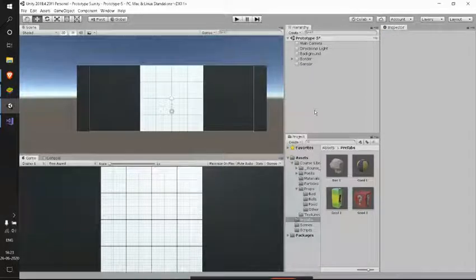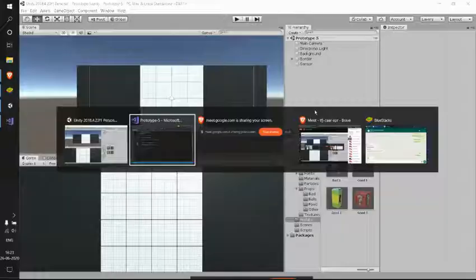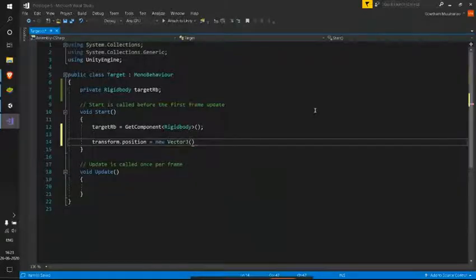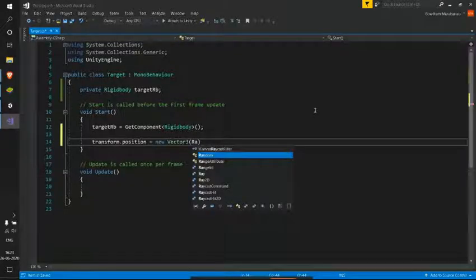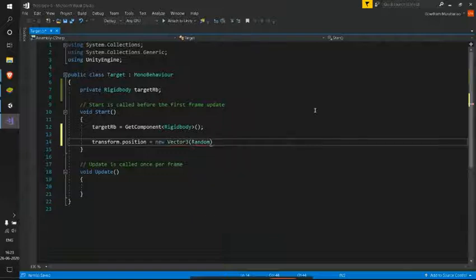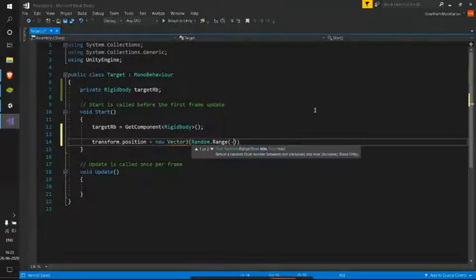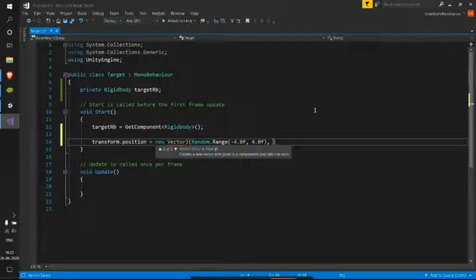So coming here, for my x, I want to give a random value. So I'm using the Random class. I'll be using Random.Range. I'll be dealing with floating point. So I'm giving -4.0f to 4.0f, which returns a float value.